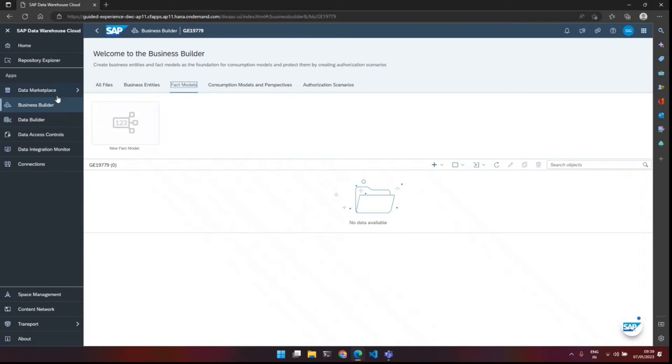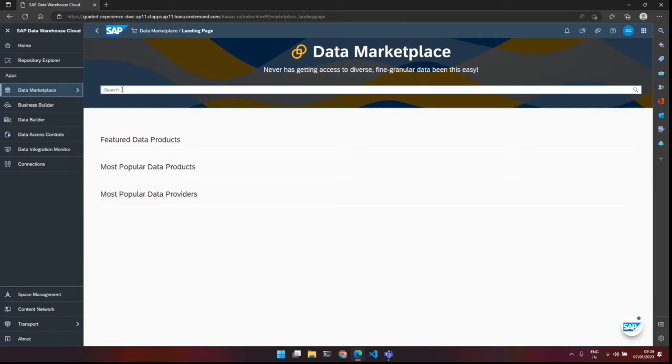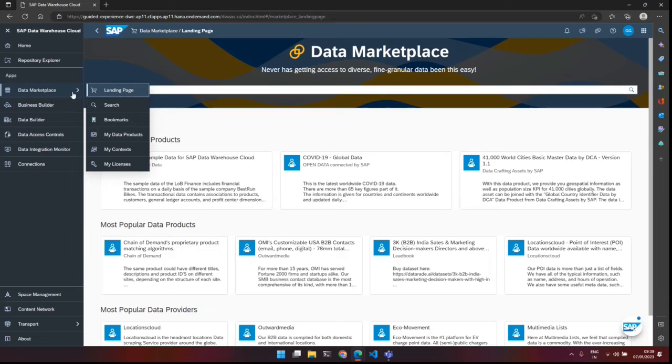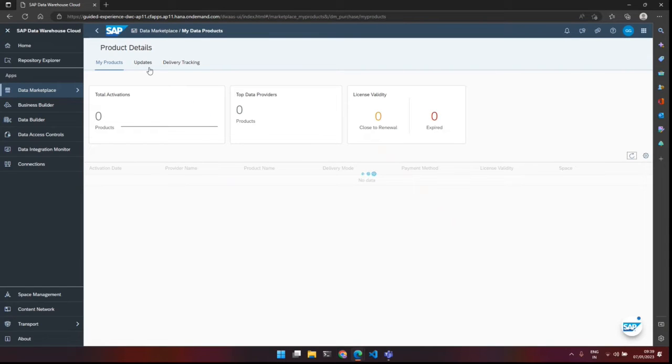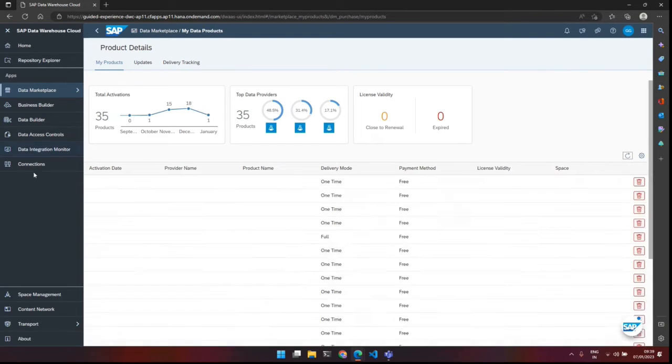Right? And then we have something called data marketplace. So data marketplace is like a catalog, where we have some pre-built content, and we can make use of this pre-built content, and we can also build our own content, put it in the catalog, and consume it, right? So there are things like data products, and they are a little deeper. We'll come to that in the data warehousing session itself, but for the demo, let's skip all this.